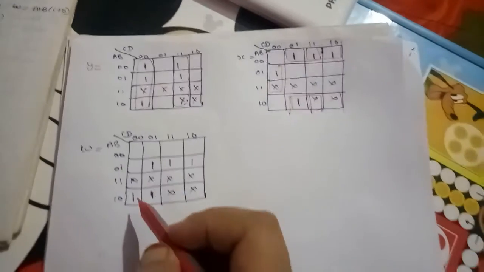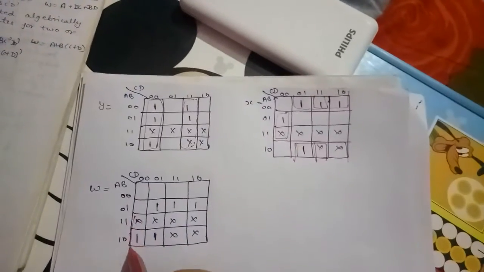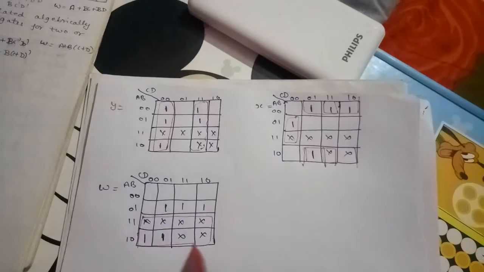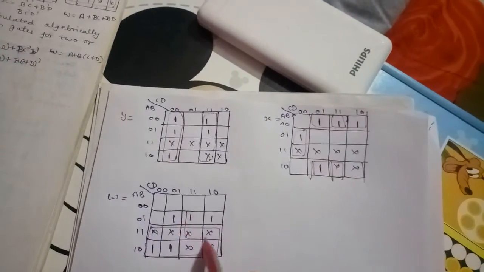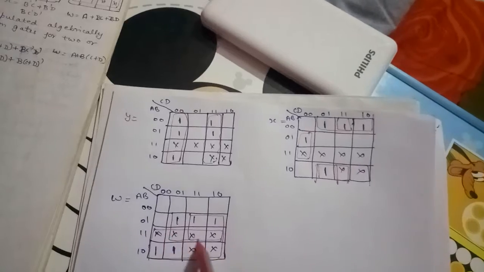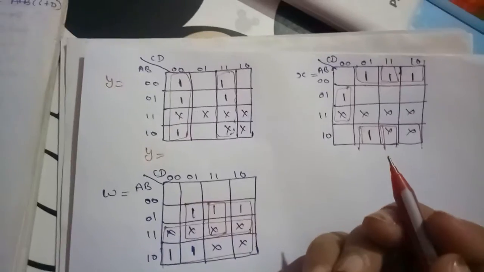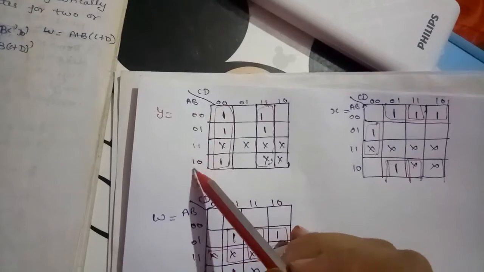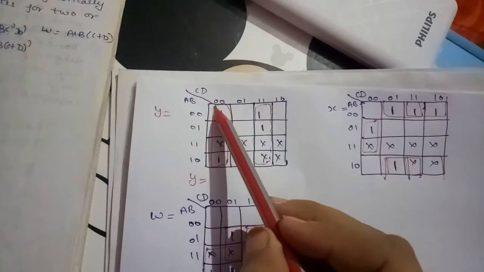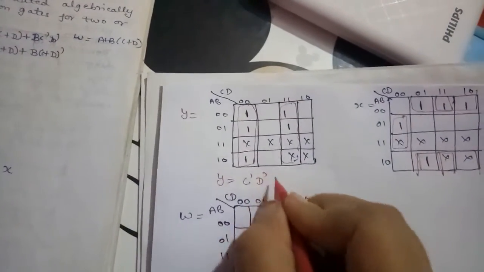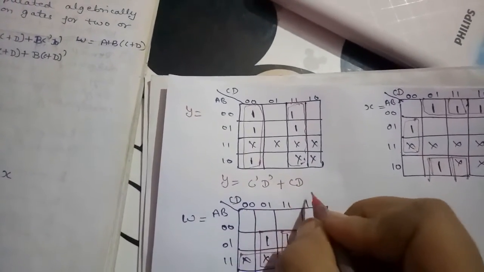And this has only a group containing 2 cells, one don't care and one minterm. In W we have a group like this, a group of size 8, and then this 4 and this 4, right? So the grouping has been done. Now start coding these variables. First code y. For y, these are the 2 groups; here the values are changing so they are not considered. Here the values are 00, so we write C bar D bar, plus this one, which is CD. So the code for y is C bar D bar plus CD.